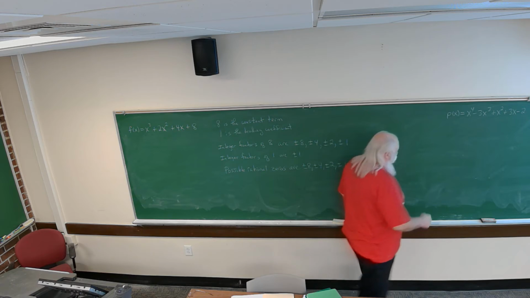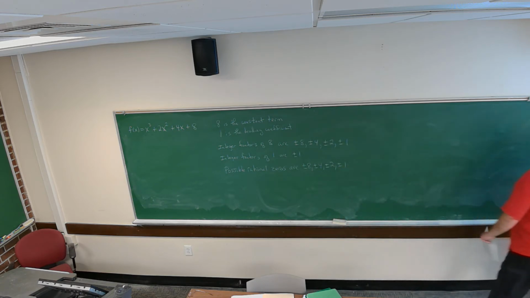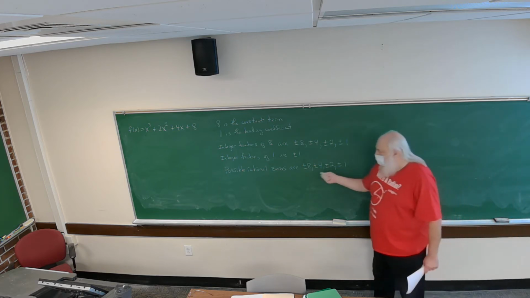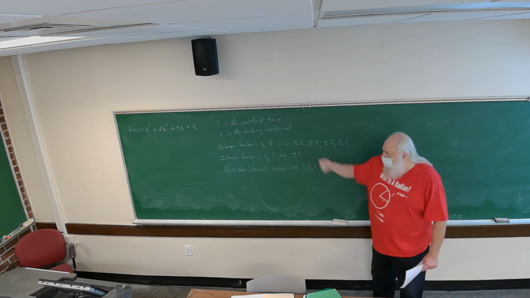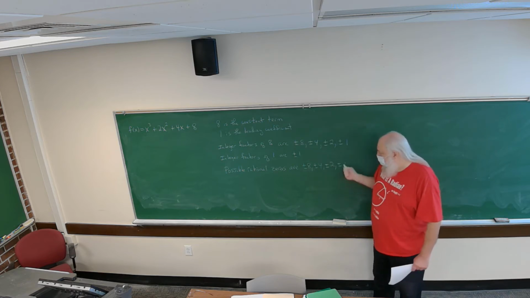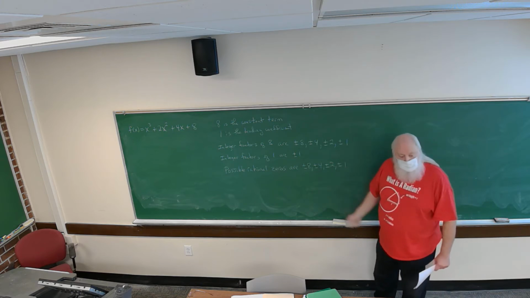All right, so let's make an observation about our polynomial. There's a rational number that makes the right-hand side of our polynomial equal 0. It's got to come from these 8 numbers. But we can narrow down the field a little bit,